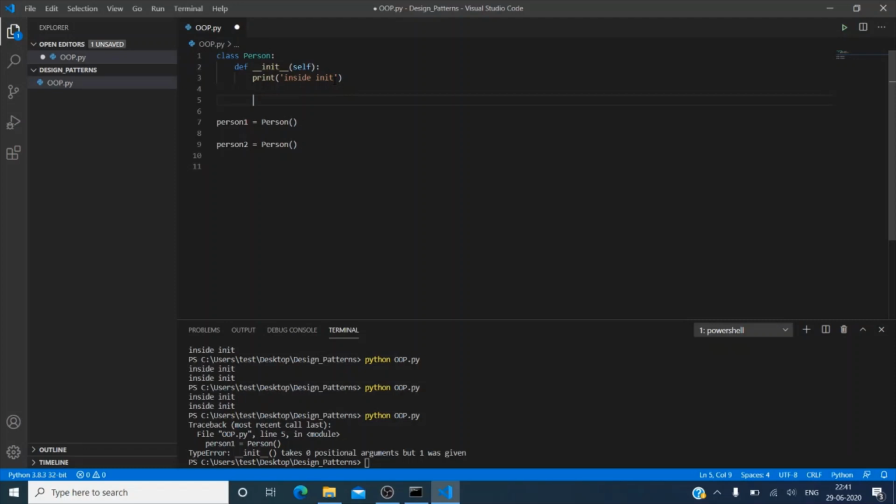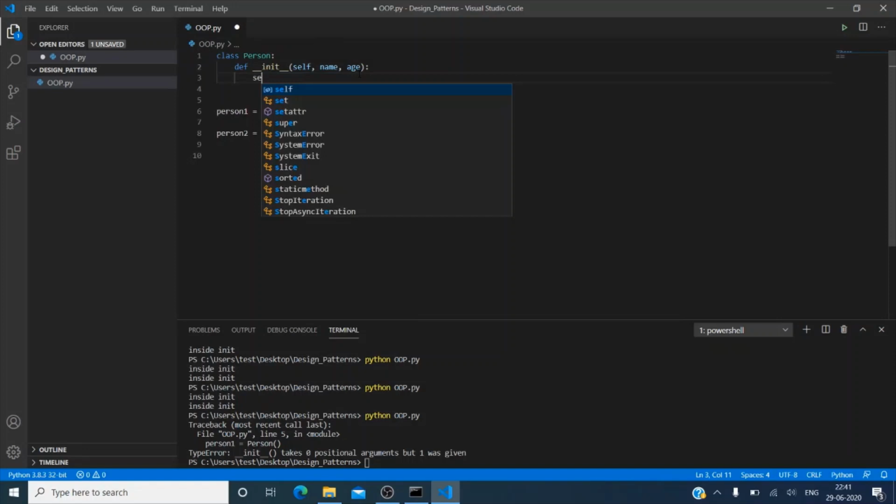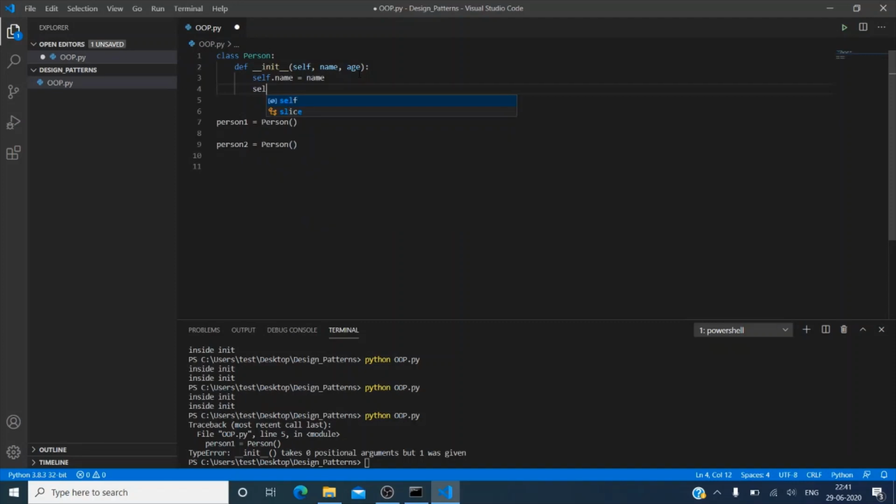So instead of just creating a plain constructor, let me pass name and age to initialize the initial state of the object. Let me remove this and create two data members within the class: name, and assign the name to the data name, and self dot age can be assigned from age.